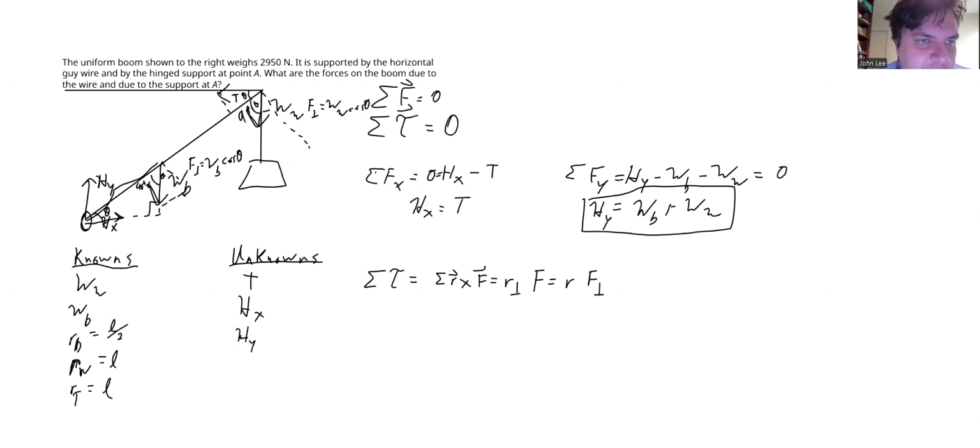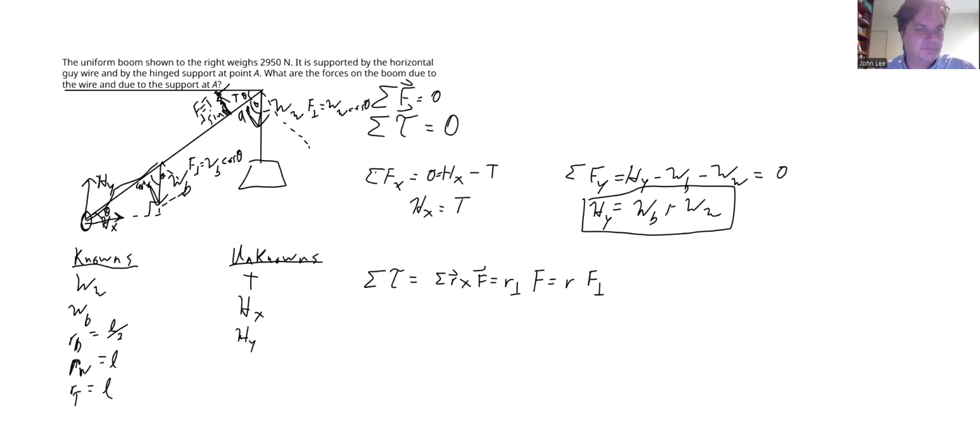Therefore, this F perpendicular, the portion of the F that's perpendicular to R, like we were finding earlier, is going to be equal to T sine theta. So that sets up a lot of our forces. That sets up a lot of our torques,